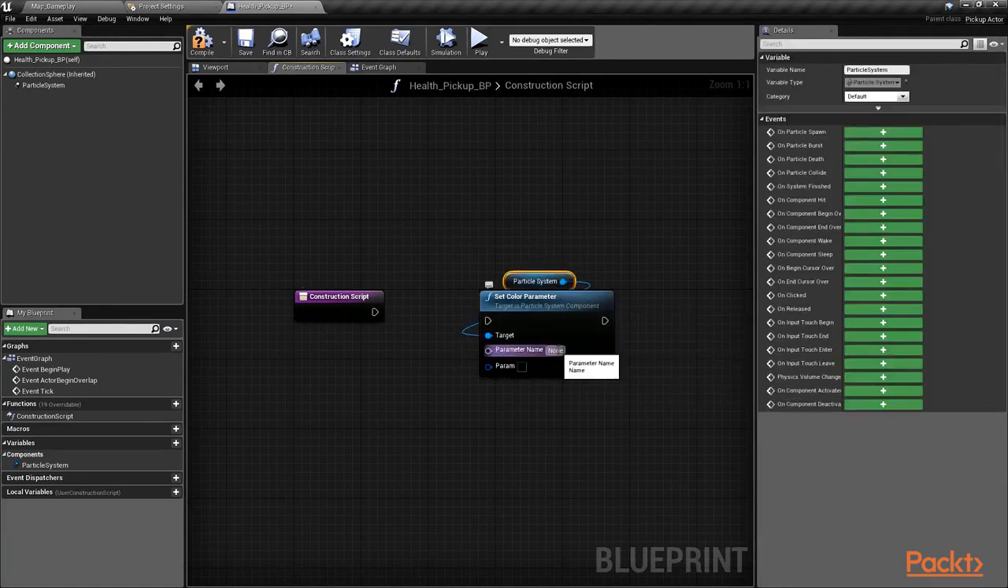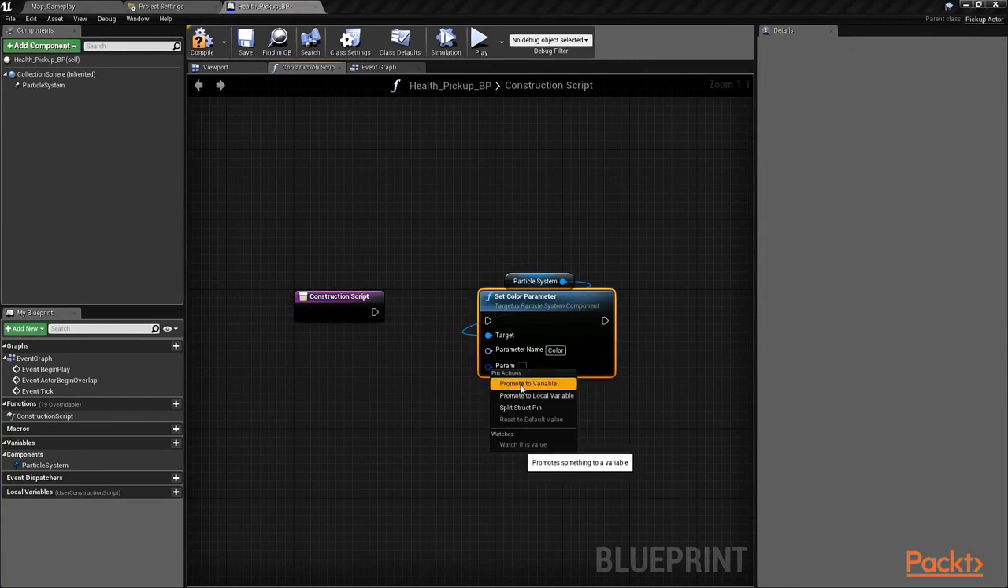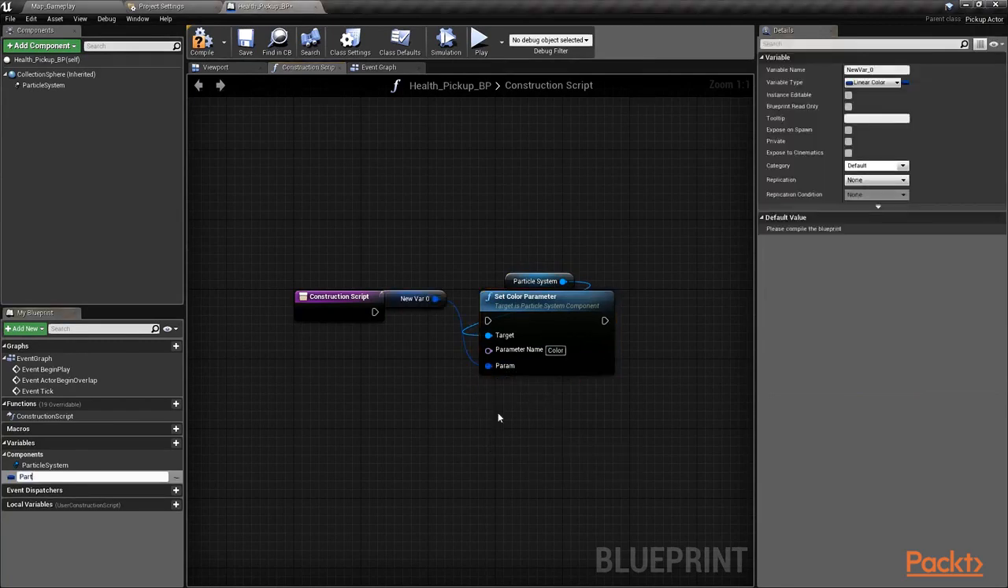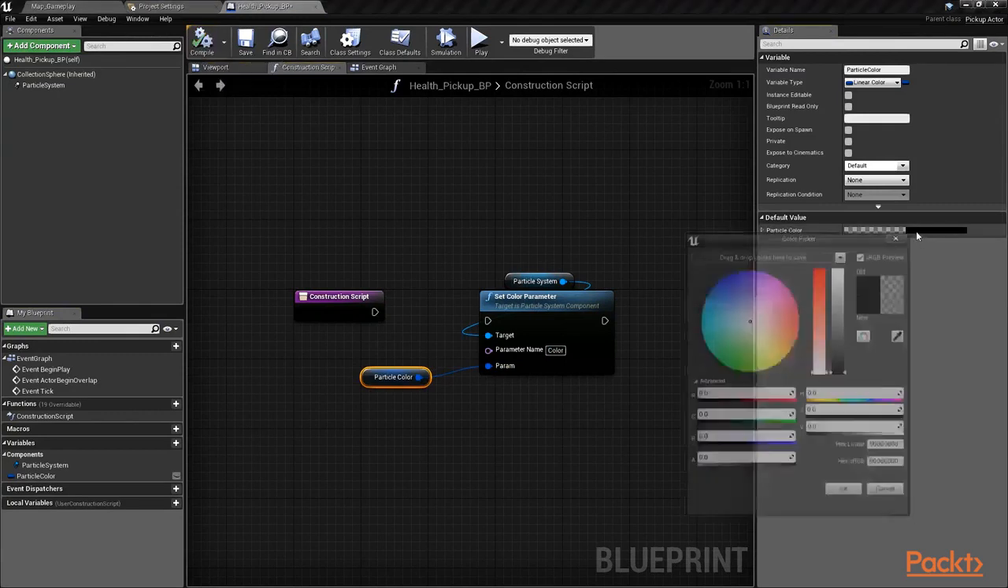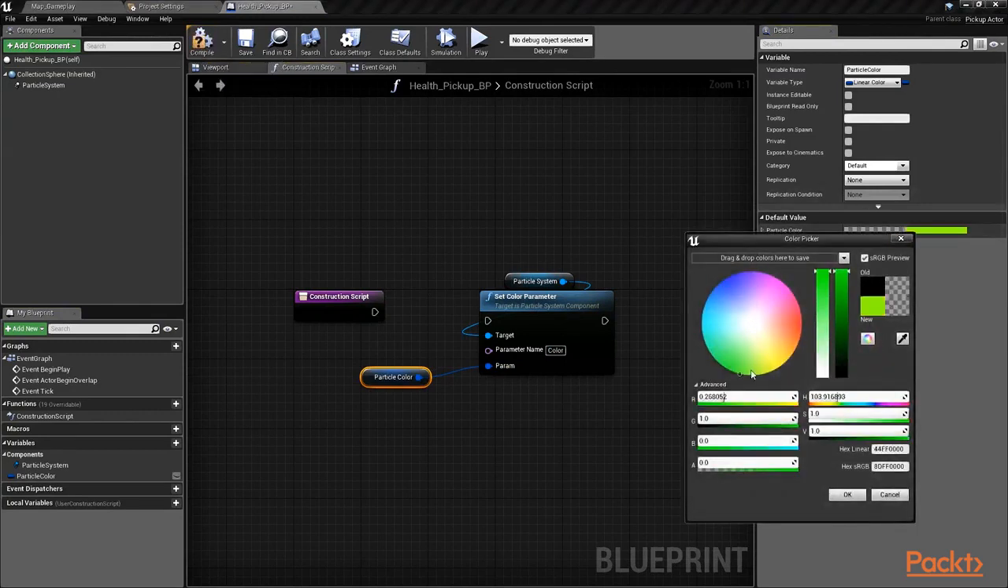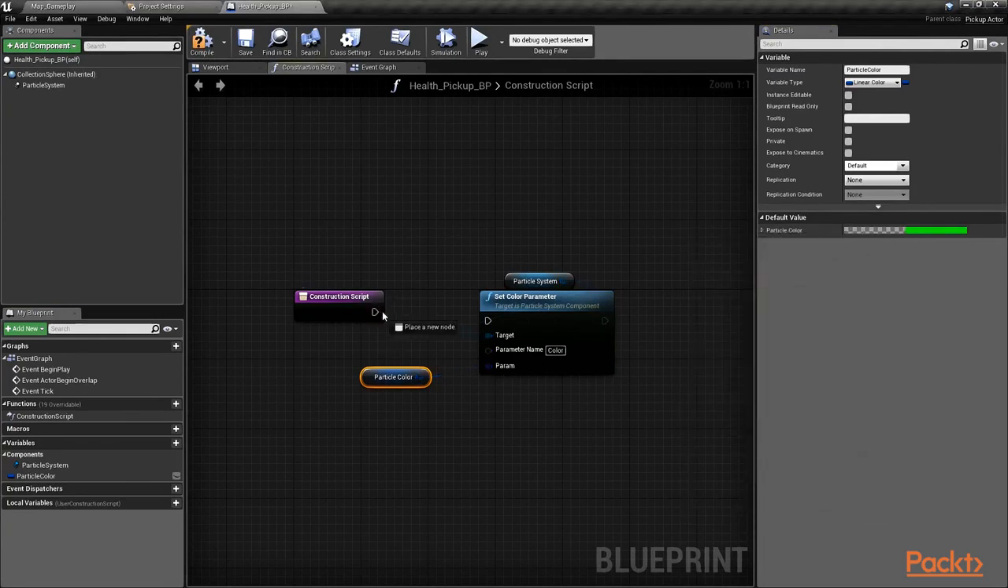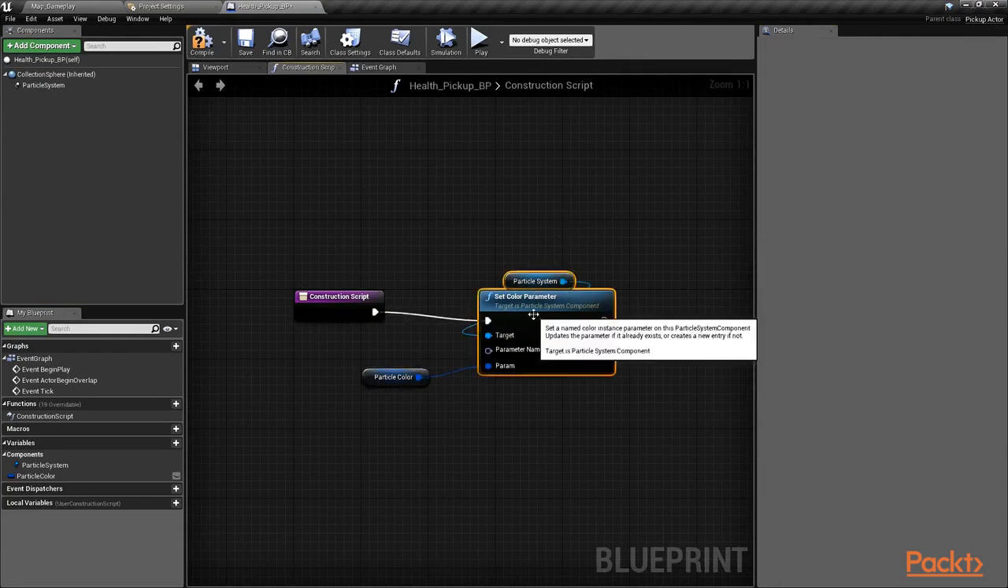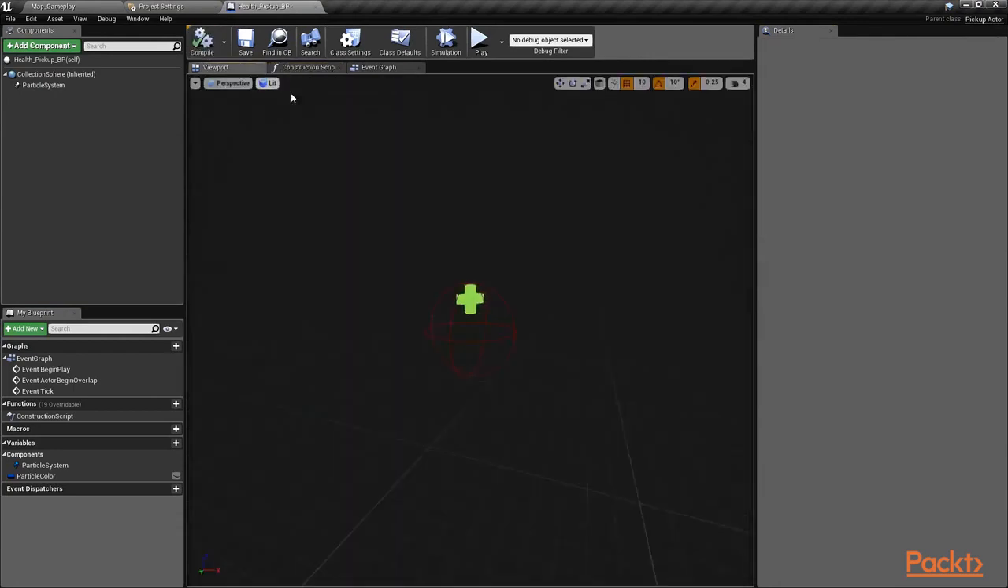The parameter name will be color, and right click off of param and select promote to variable. Let's name this particle color. Compile, and let's set the default color to green. This is honestly up to you on what color you would want. And then connect our construction script execution pin to our set color parameter, compile, and in our viewport it is